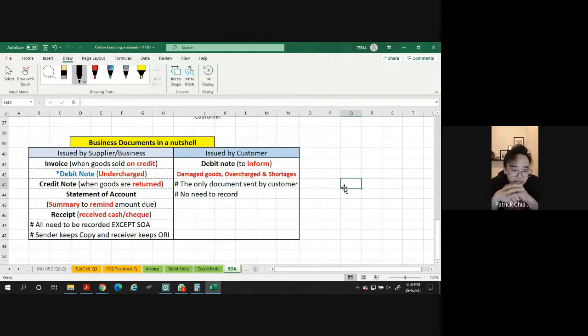Okay, so in total, the documents we start with are: first, invoice; second, debit note; third, credit note; and then statement of account. Let's go with these four. Number one, the scenario is like this. We buy something or we sell something. Let's say we sell something on credit. So what do we give people? We give an invoice first. On the invoice, we write down how much the customer took, how much the customer owes us.